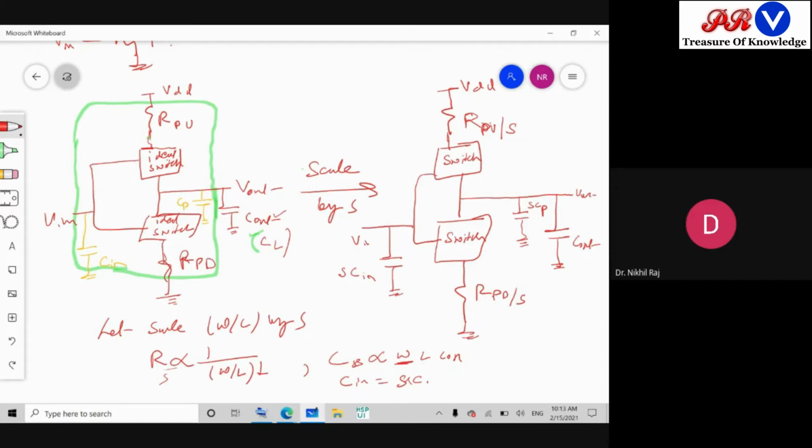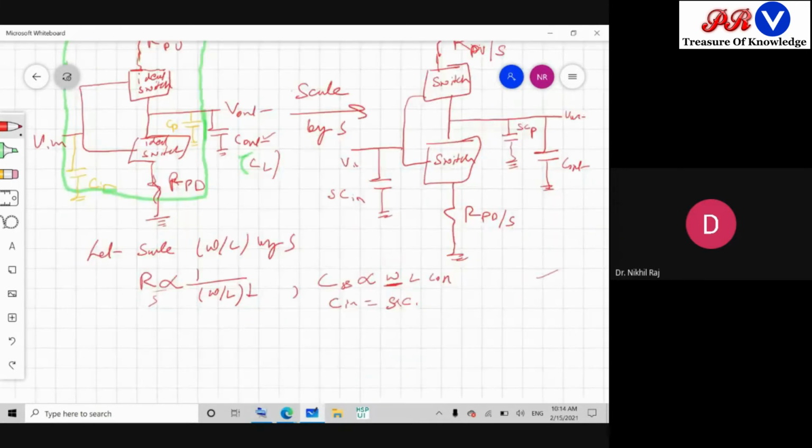But at the same time, it is said that the parasitic delay does not depend upon the size of the MOSFET, but here the capacitance is scaled. So this is the scaling of parasitic capacitance, not the parasitic delay. When we compute parasitic delay, you will see no effect of size. So is this part clear? When I scale by S, this will be the scenario.